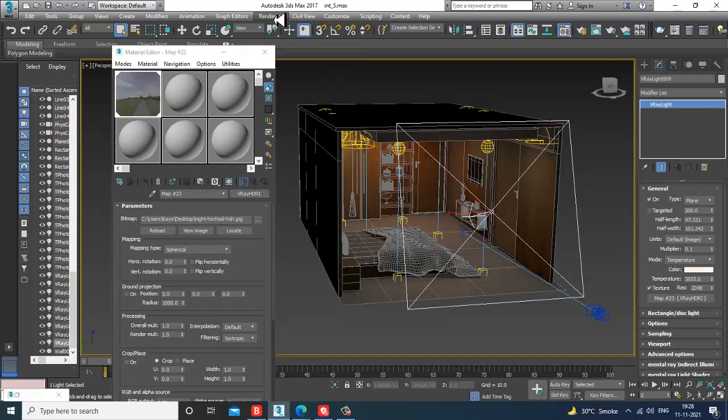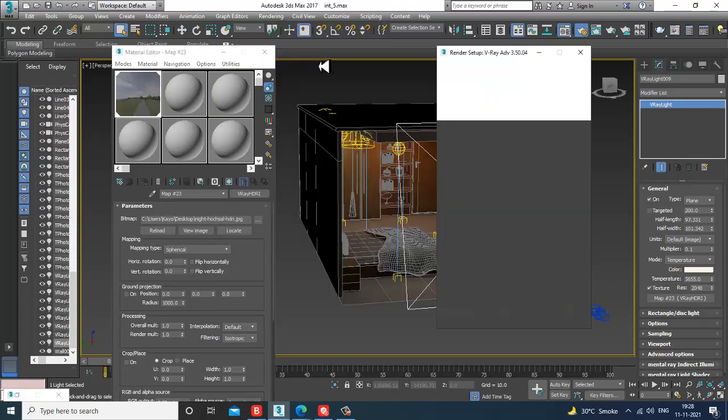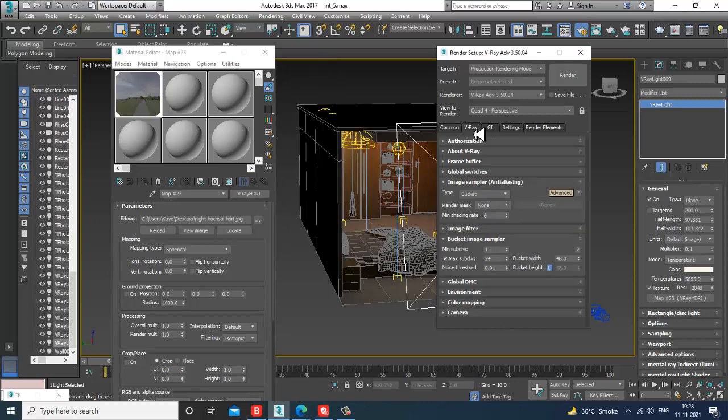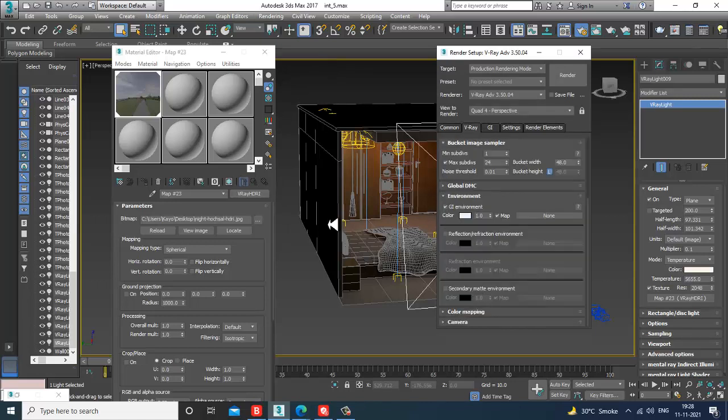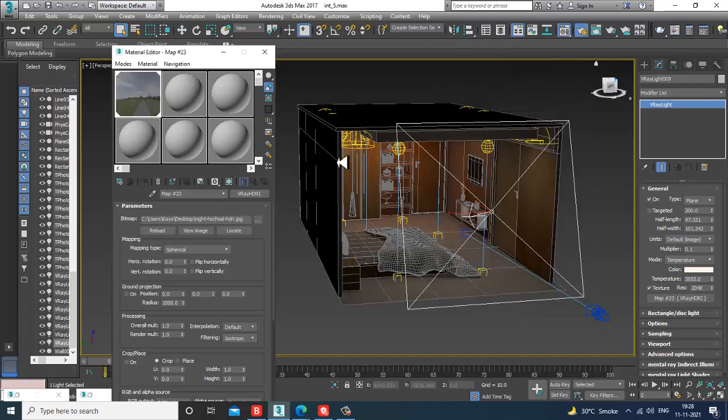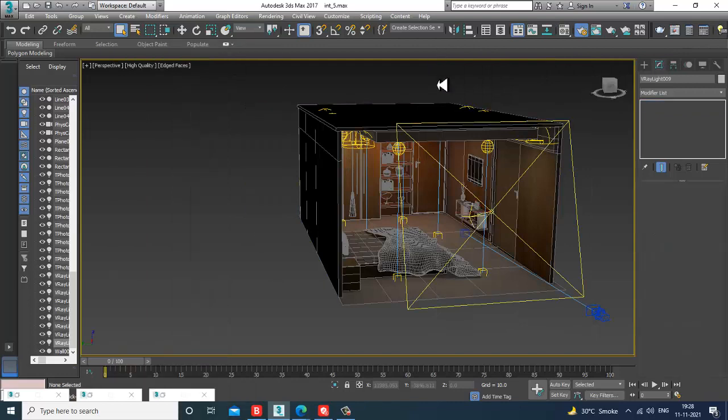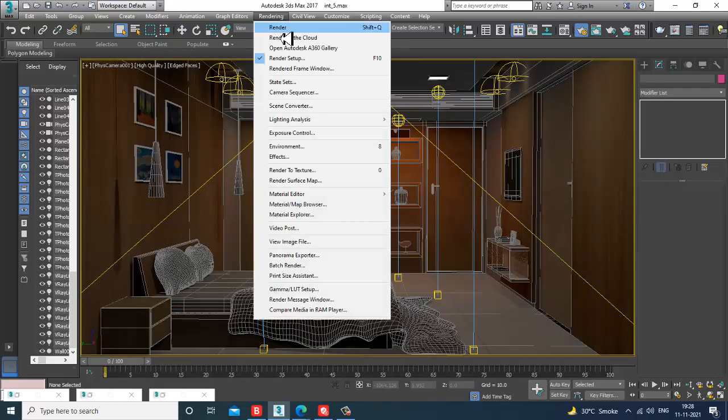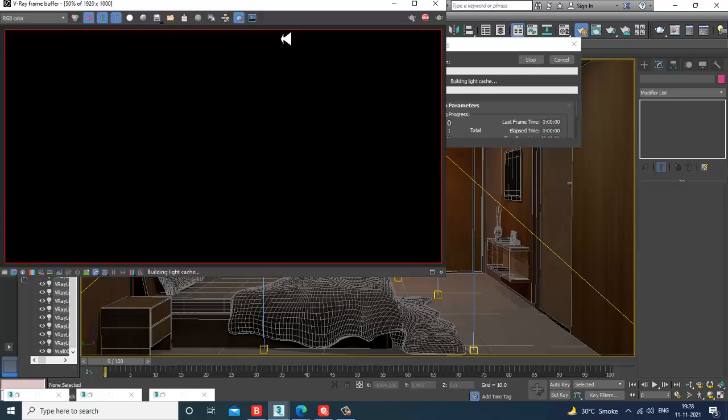Rendering, render setup, and into this V-Ray environment, I'm going to drag this HDRI map. So now I have added a HDRI map. Let's go into the camera view and let's render and see how it looks.